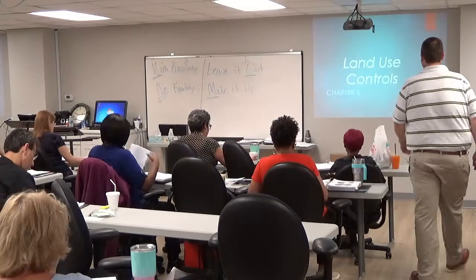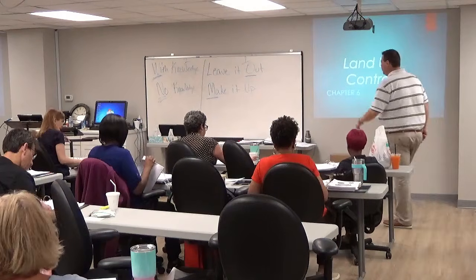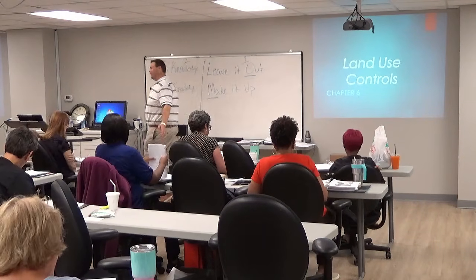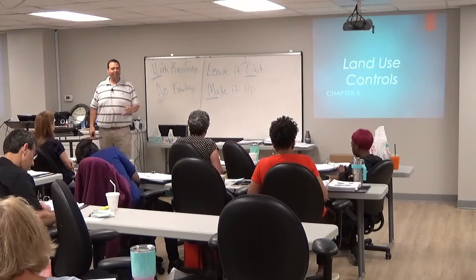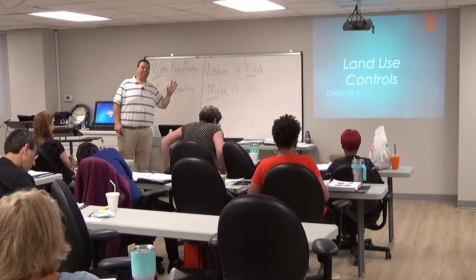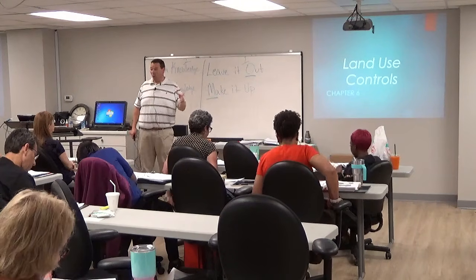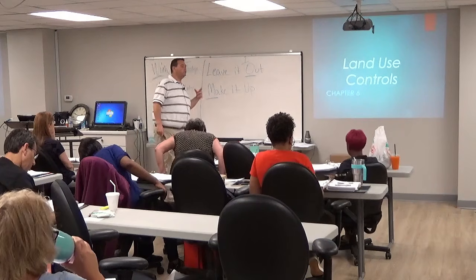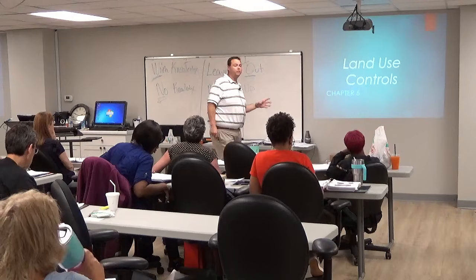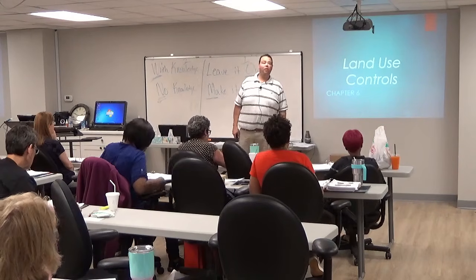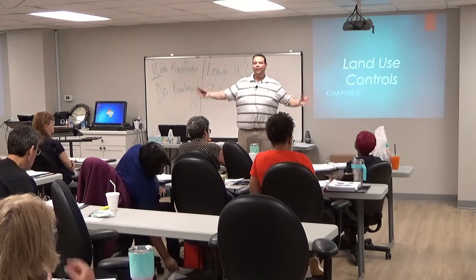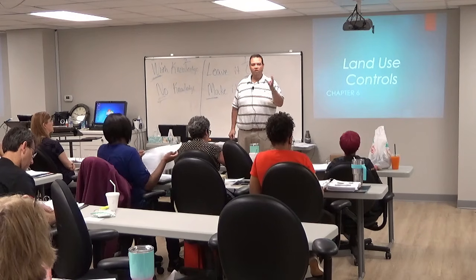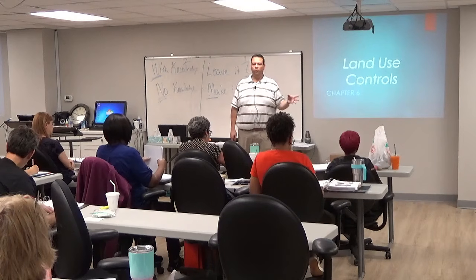Alrighty, Chapter 6, Land Use Controls. So remember, it's sort of a building block process, the way these chapters are laid out. We started with just a basic definition of land, that's Chapter 1. And then Chapter 2 is all about the different ways you could own land. And then Chapter 3 was about things called encumbrances or limitations. Well, these are types of limitations. This is just more detailed information because these are controls, limits on what you can do with your property.